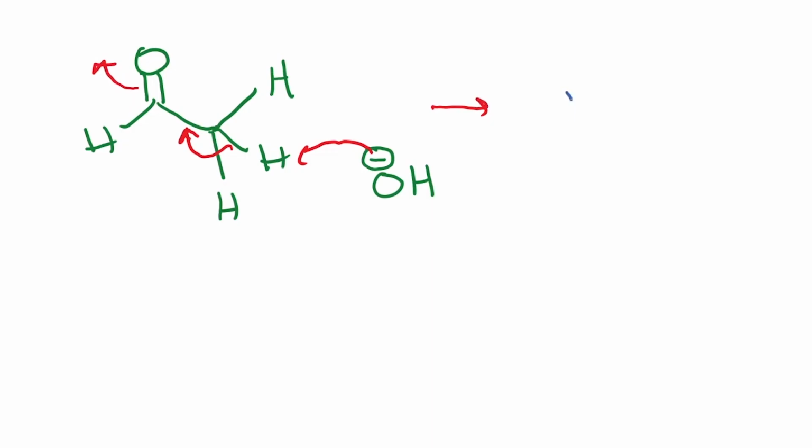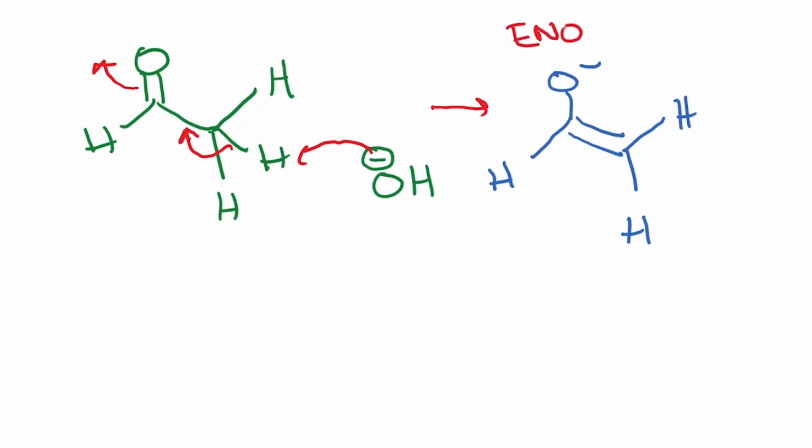So you have O minus, there's a double bond here, there's a hydrogen here, and H, H. This is called the enolate, and we will come back to this later in the lecture. Now again this enolate can react with the hydrogen